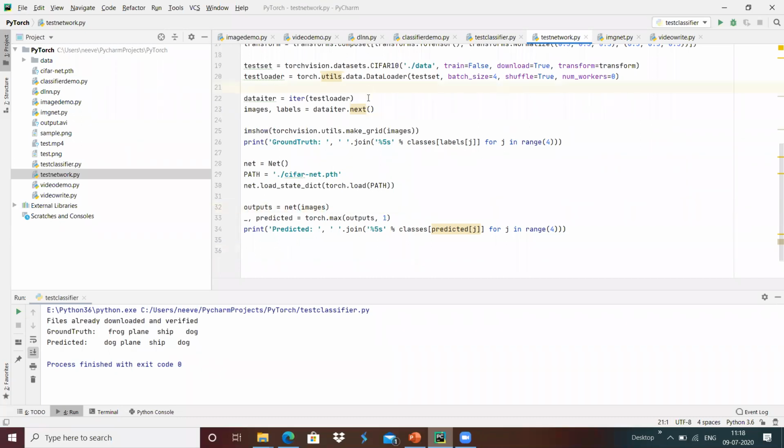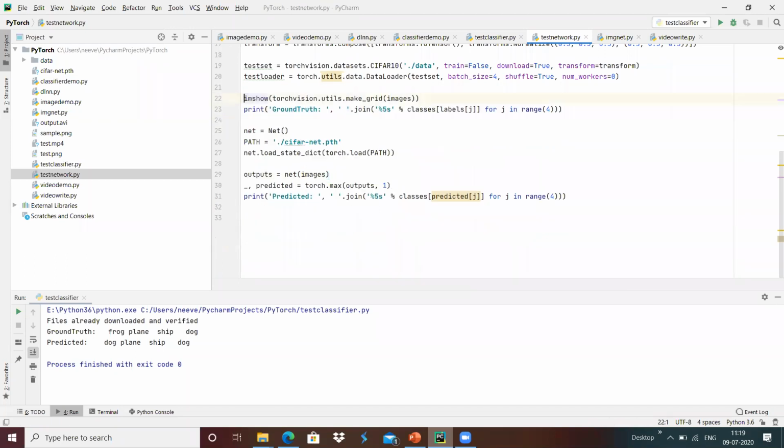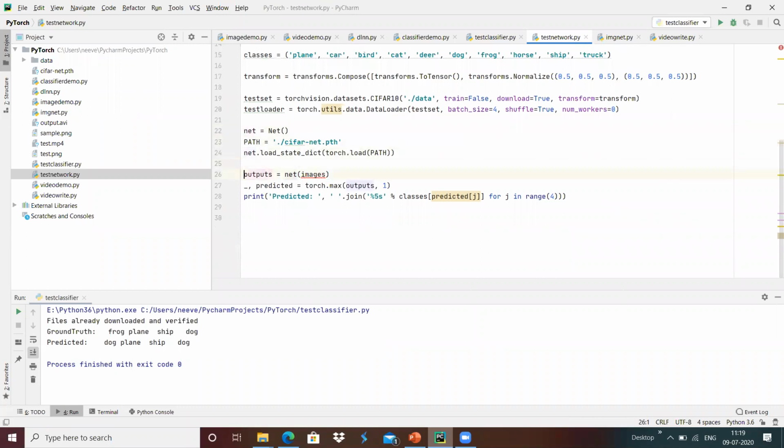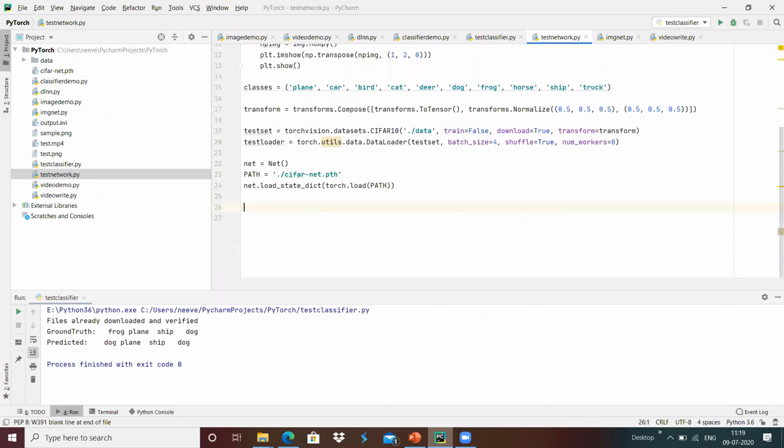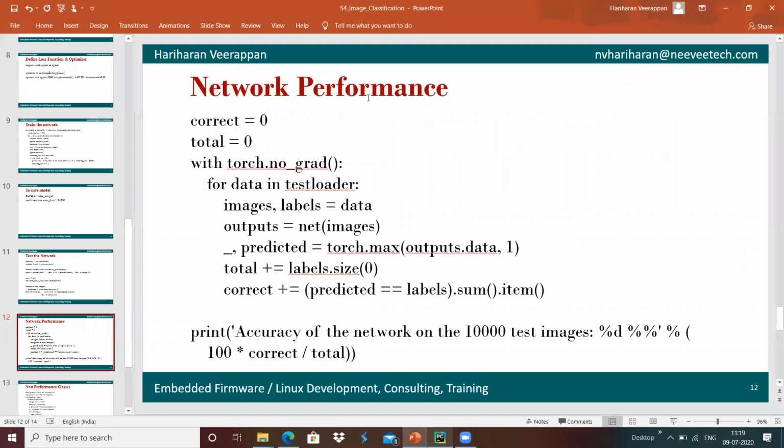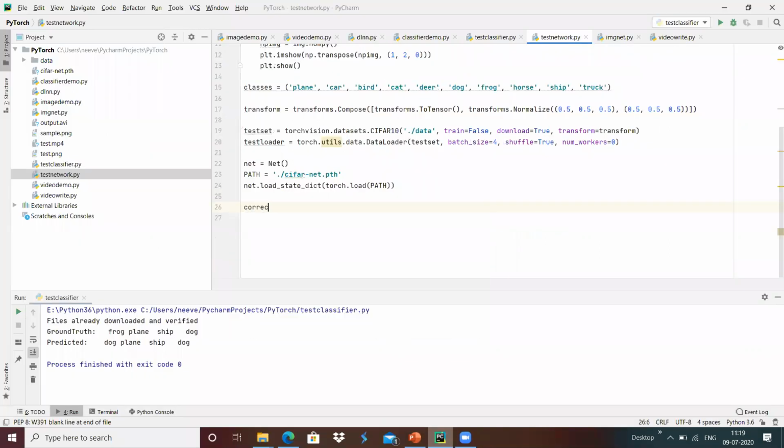For that, I'm initializing correct equals 0 and total images equals 0 over here.